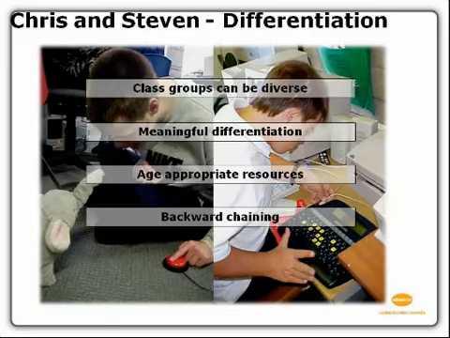Chris and Stephen are two children I used to teach, and they're both in the same class. And you can see that from a level of their cognition, from a level of their teaching and learning, they're at completely different levels. Stephen is at the cause and effect level. He's just learning to understand that if I press a switch, I can make something happen, and you can see he's taking the utmost pleasure in operating that little switch adapted